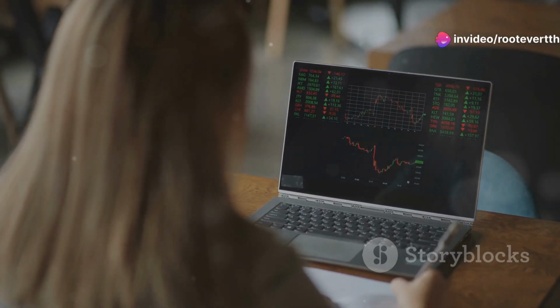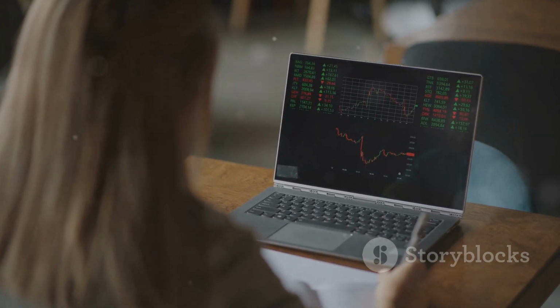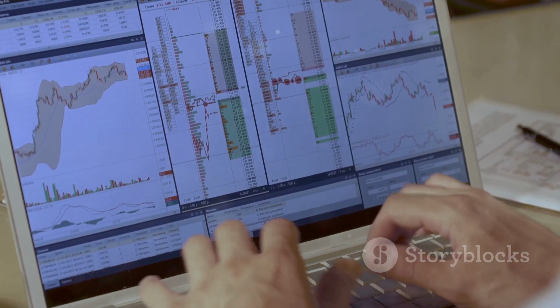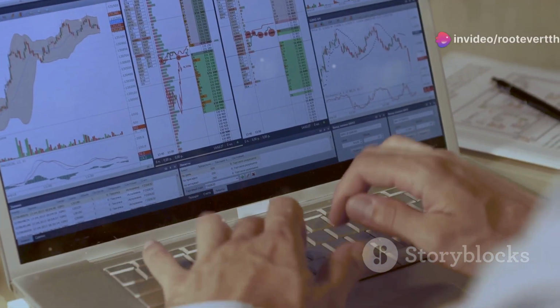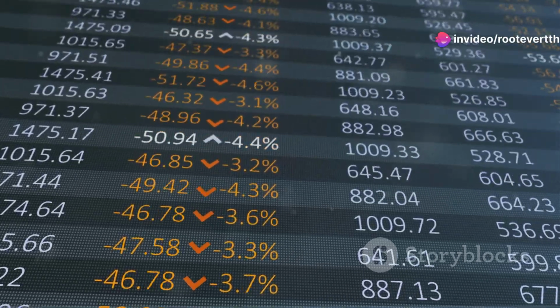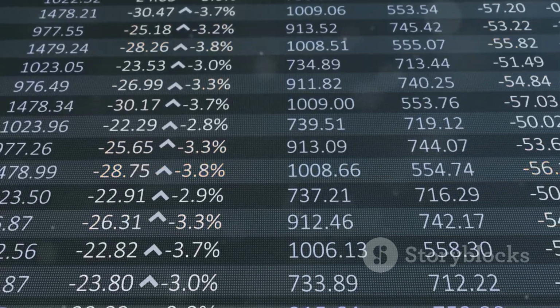For instance, investing during a market downturn, when stock prices are lower, can result in more favorable long-term returns. This strategy requires patience and a contrarian view, as it involves buying when others are selling. It's crucial, however, not to attempt to time the bottom, as this is incredibly difficult, even for professional investors.